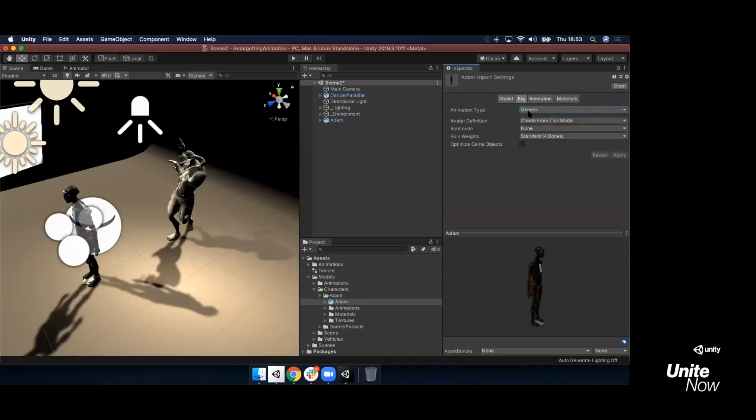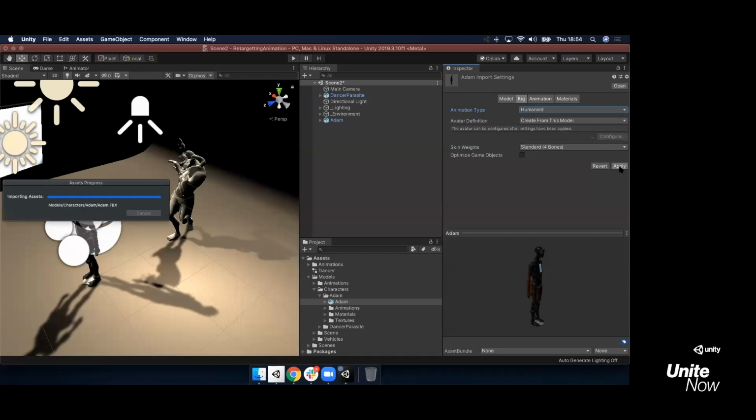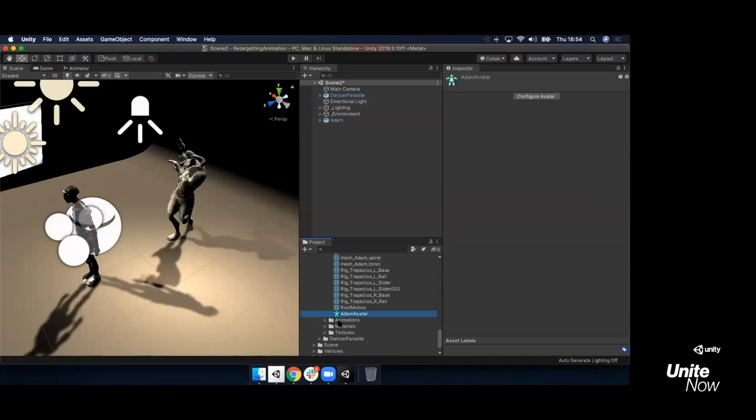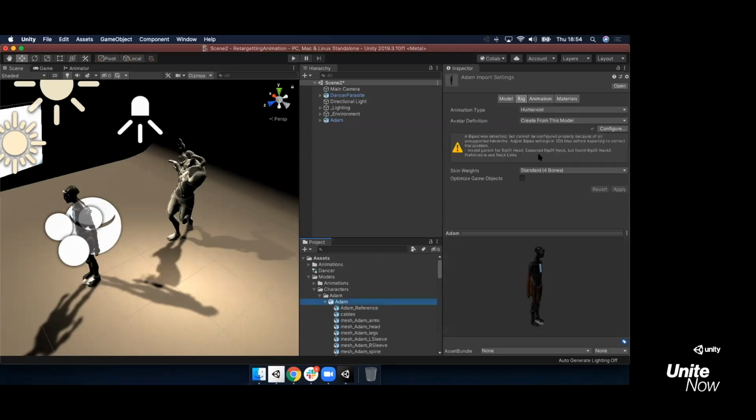Generic is an animation type. Think of anything non-humanoid, any creature, maybe a spider or a horse. Unity cannot create a standard for non-humanoid characters. But for humanoid, you save it to humanoid, you apply, and here you have the Adam avatar. But this is not a generic avatar, it's a humanoid avatar with this